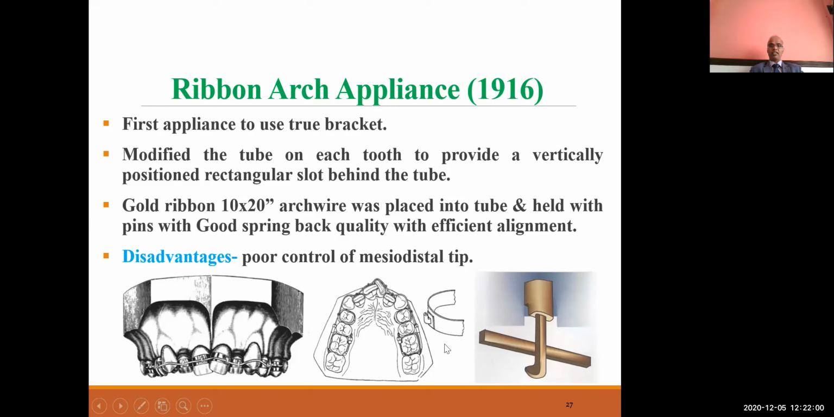This is a flat arch wire which is placed in the tube and held with the pins. These are the pins which are used to hold the arch wires in the bracket, with good spring back quality and efficient alignment. But the disadvantage was the poor control of the mesiodistal tip of the tooth. Then he gave